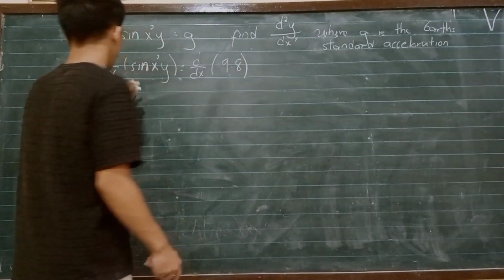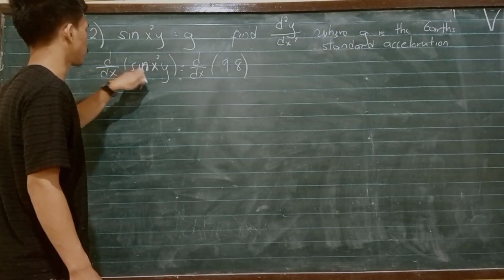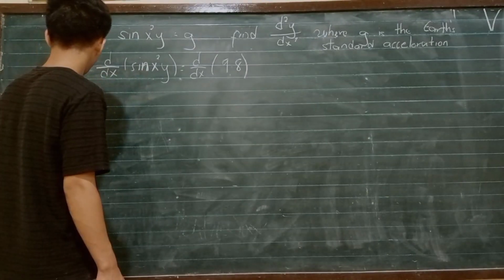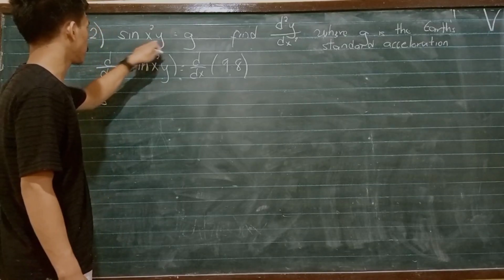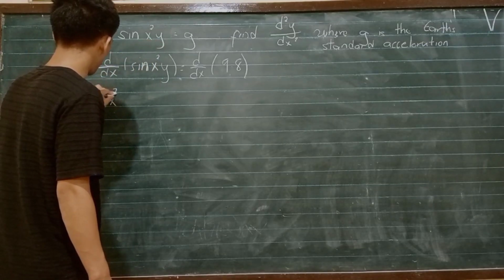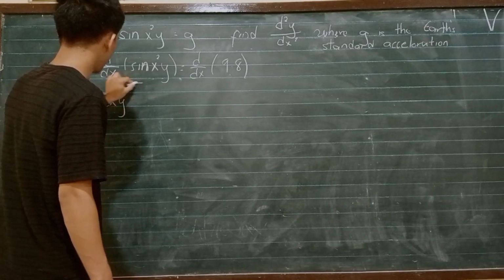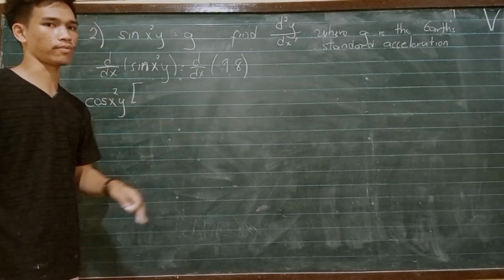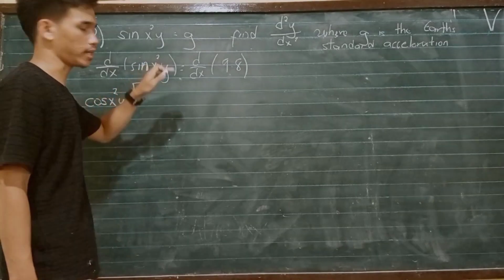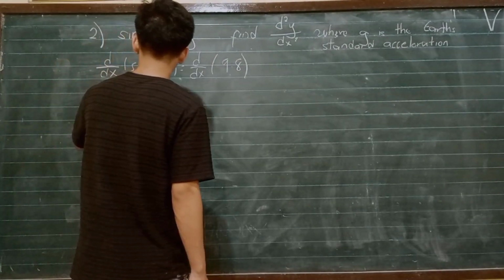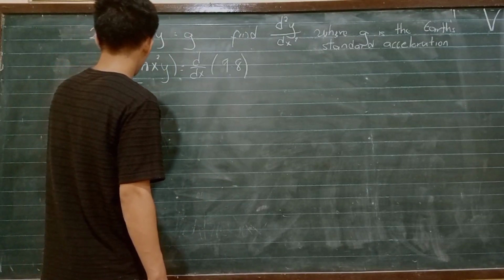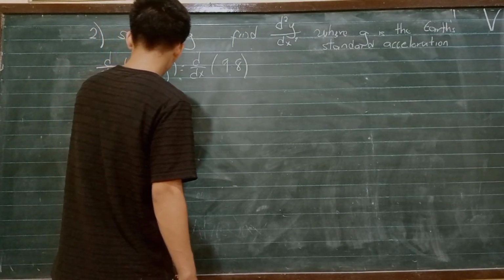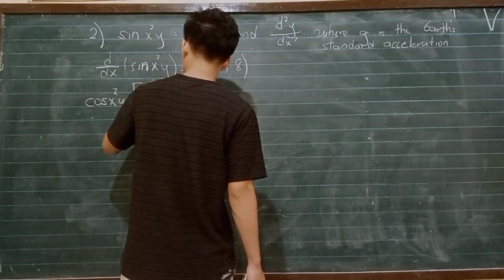So in this first term, we need to find only the derivative of sine x first, which is cosine, and copy this x squared y. And after that, we will multiply it by the derivatives of x squared y. So let's go directly. This will be x squared. That is the derivative of